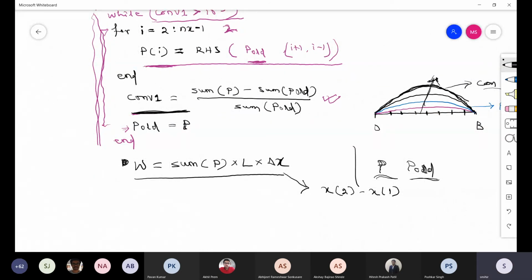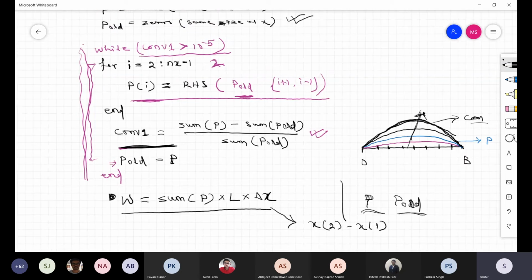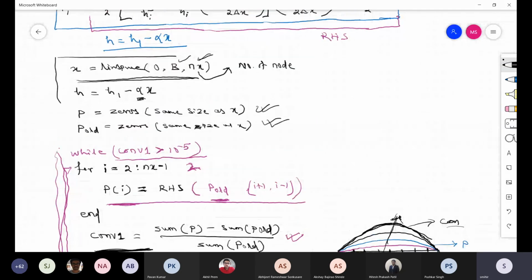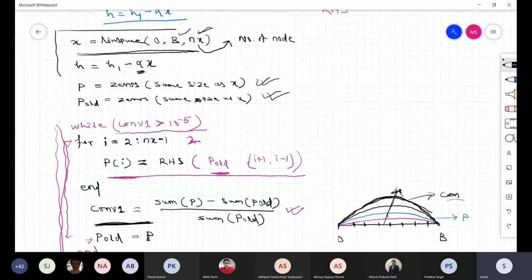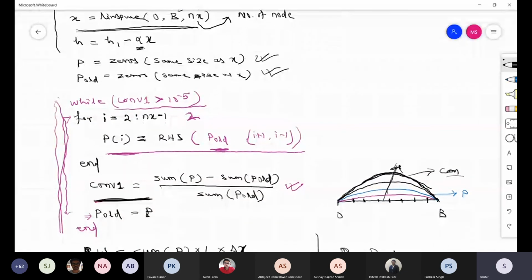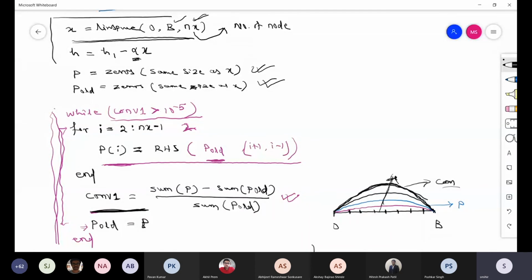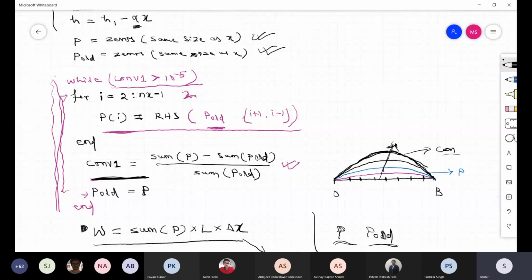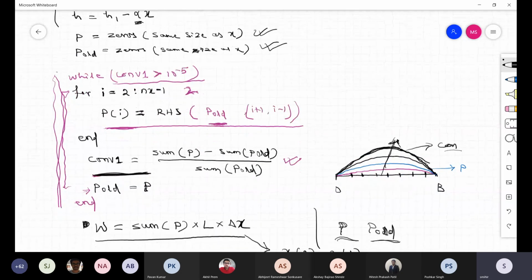Then you find the friction force the same way that we derived last class. If you want to find the friction force, you can also find it out. So what I suggest, all of you start straight away. In this class today, almost I have written the program here for MATLAB, is it not? So straight away go and type in MATLAB, you'll get the solution. Take some value of L, some value of B, some value of alpha, some reasonable values, and try this today.